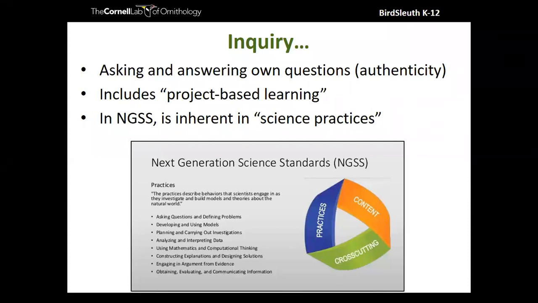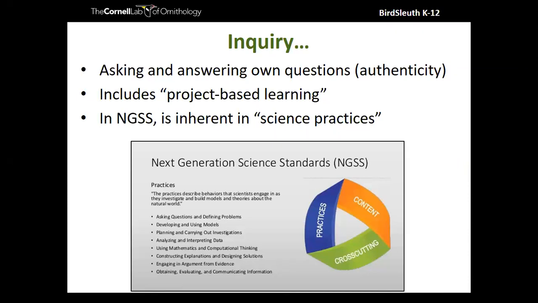It's allowing kids to experience it authentically again, but through an entire project-oriented focus. And between these two, it's inherently going to meet the Next Generation Science Standards through science practices. For those who aren't familiar with them or don't have to meet them, just so you know, these science practices are listed here below. There are 8 of them, and they're focused on asking questions, developing and using models, planning